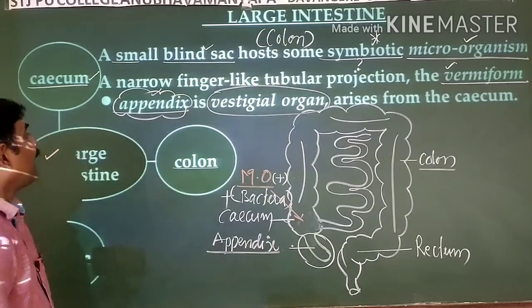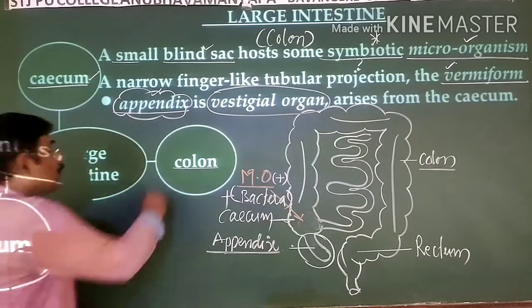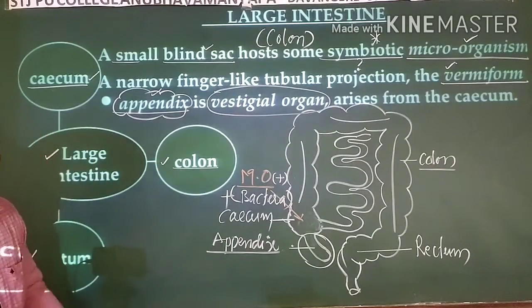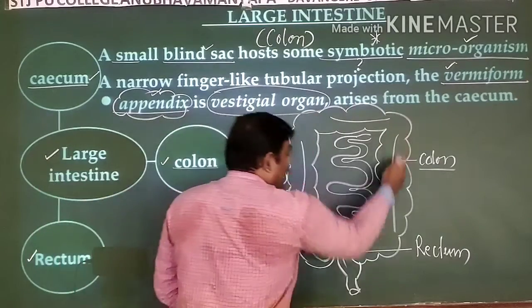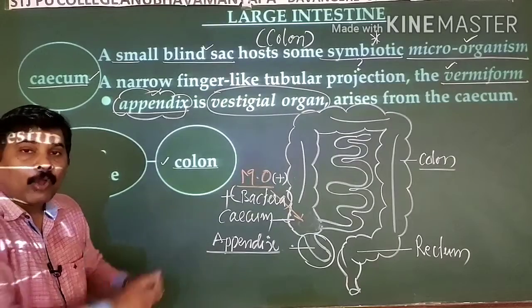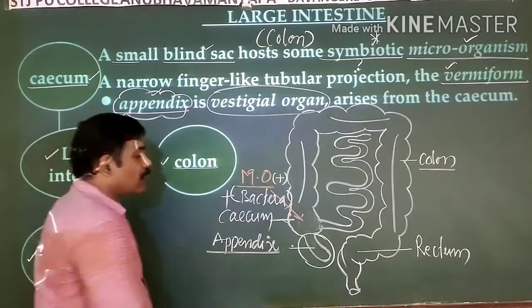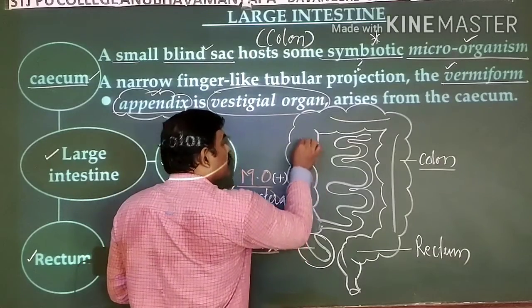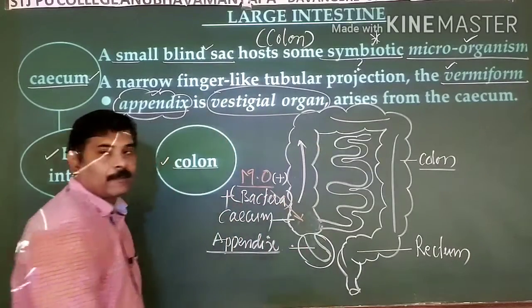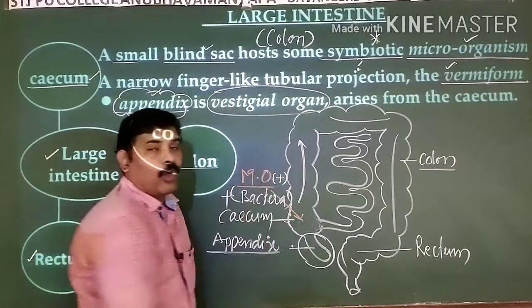That is what we have about the cecum. Later, coming to the second important part, that is the colon. I said this entire area is called the colon. When you see this colon, it is again divided into three important portions. The colon moves in the upward direction, hence this part is known as the ascending colon.